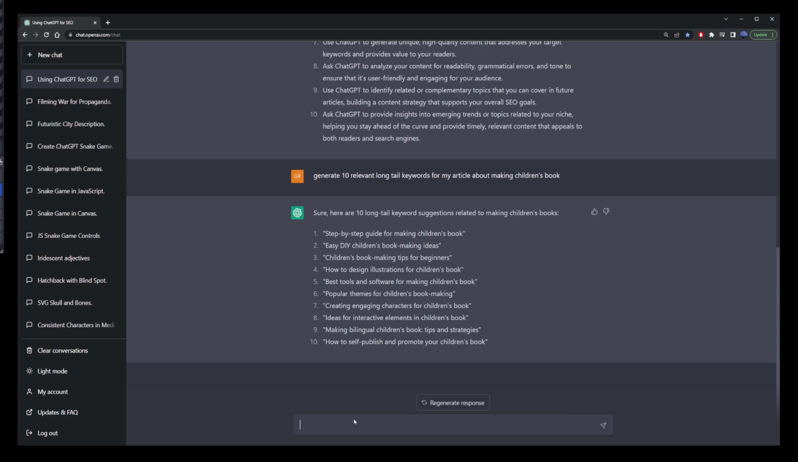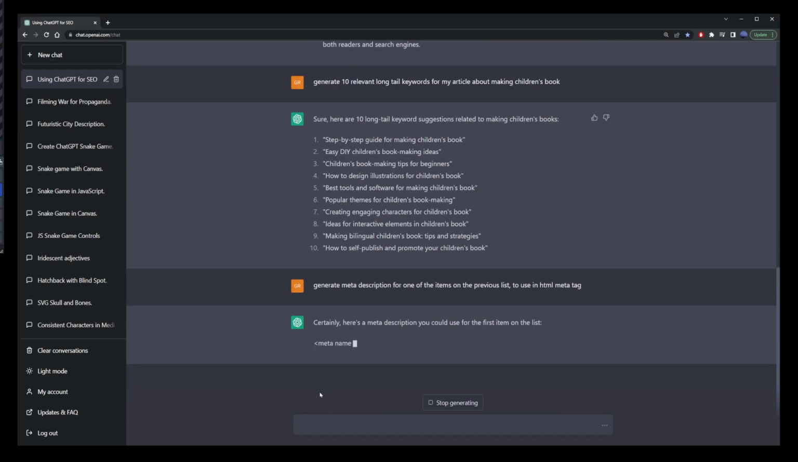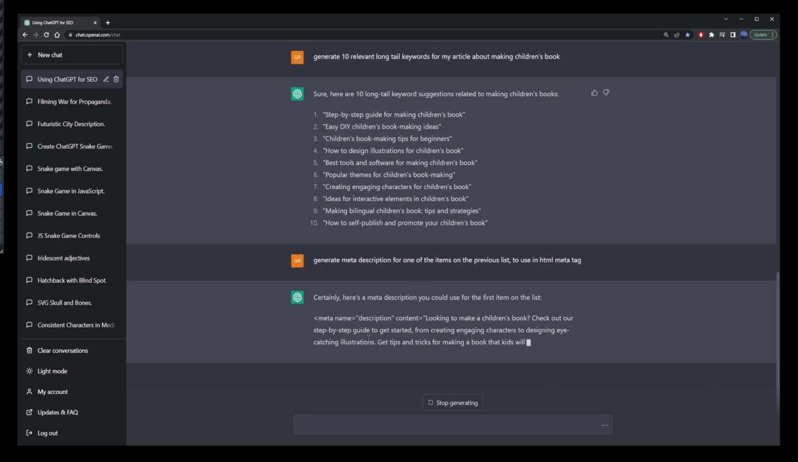Search engine optimization sometimes relies on meta descriptions. So I'm going to ask ChatGPT to generate meta descriptions for one of the items on the list that it has just created in the previous message. And you might also add here to use in an HTML meta tag. So here ChatGPT will actually give you the actual source code for the meta description and content